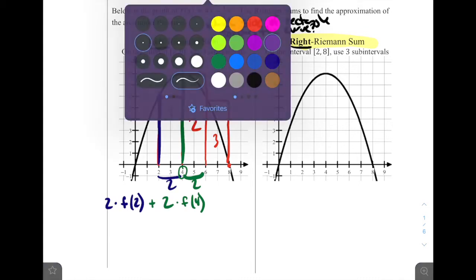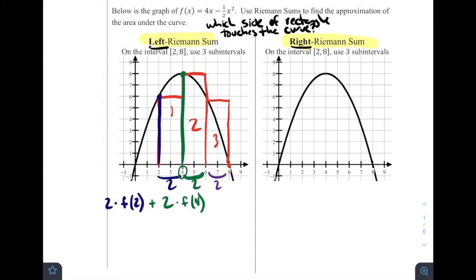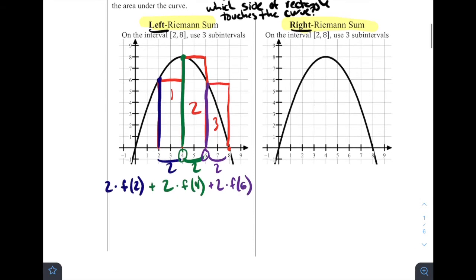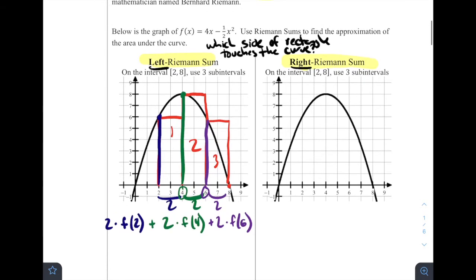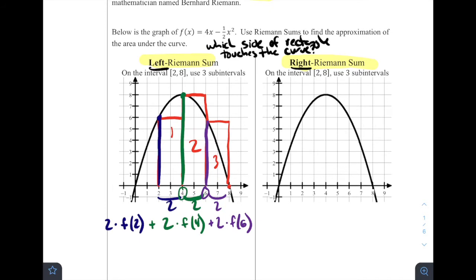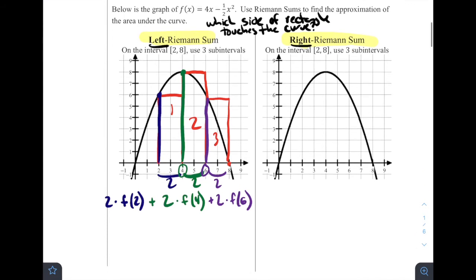So that would be f of 4. In our third one, we see that the width is 2, and again, the left side determines the height of this rectangle. So it's going to be whatever the height is when x is equal to 6. So 2 times f of 6. Now in this case, to find these precise values, we're going to want to plug into our calculators to find these actual values. For the sake of time, I'm just going to skip ahead and say that